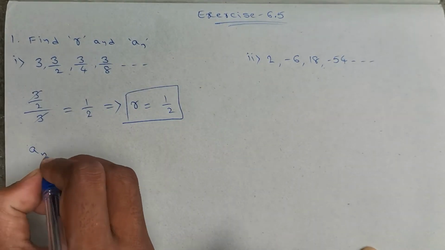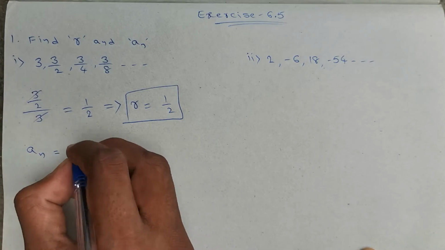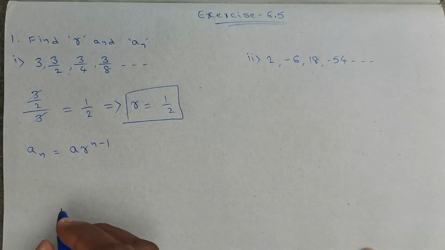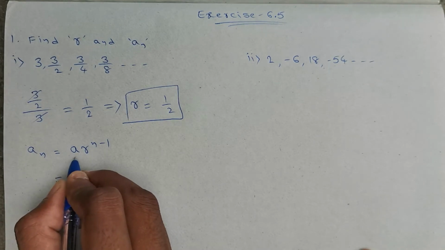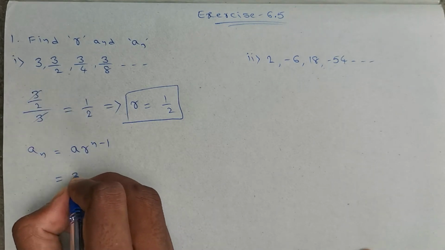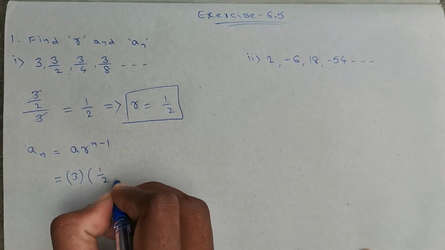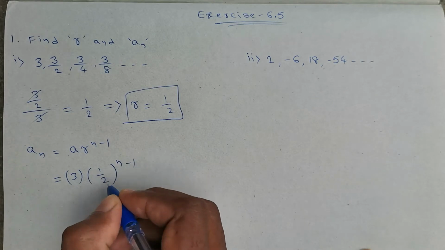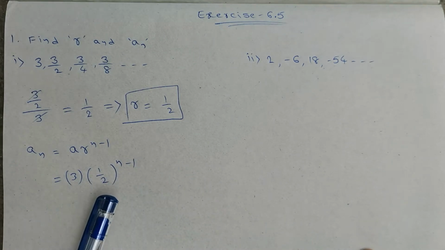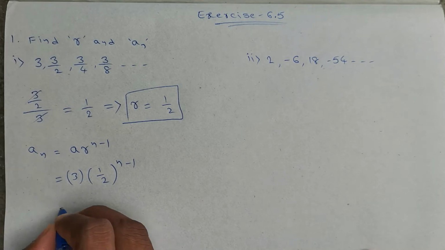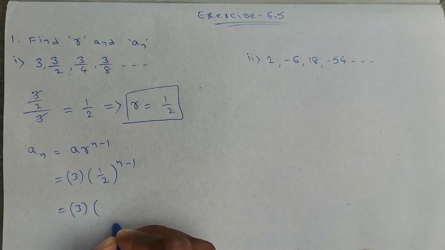So the a_n formula for GP: a_n is equal to a into r power n minus 1. Here a is nothing but the first term, 3, into r, the common ratio 1 by 2, whole power n minus 1. Here we cannot simplify this further, so I am simply leaving it here only. Otherwise, if you want to write more, here the number 3 as it is, into